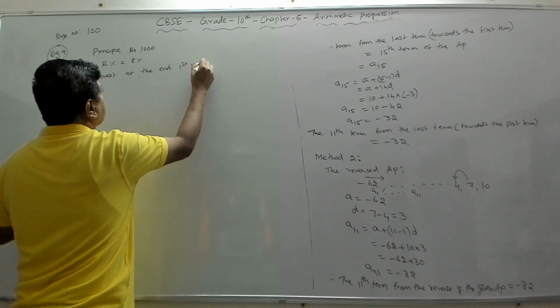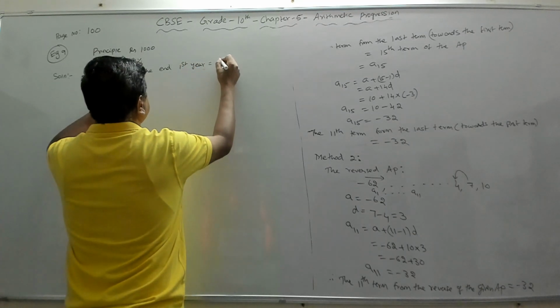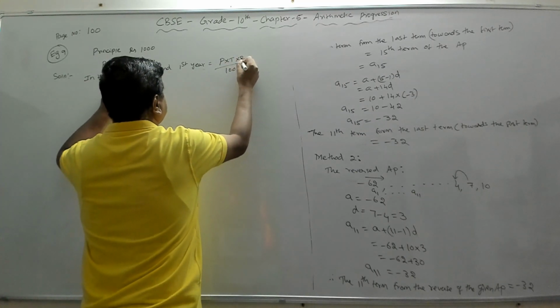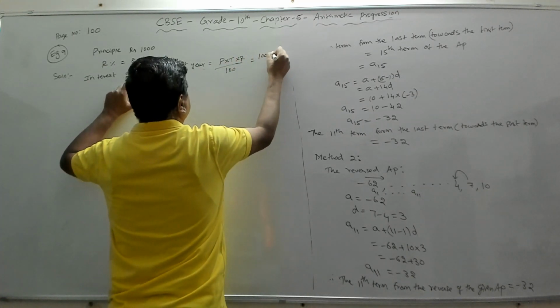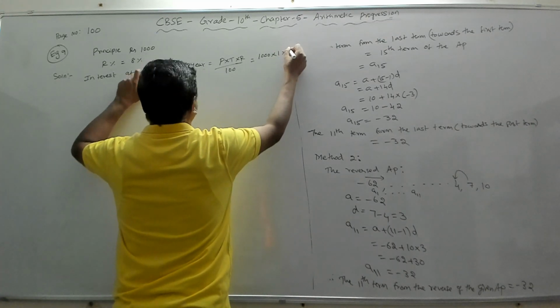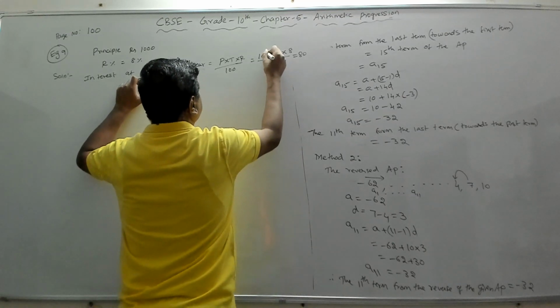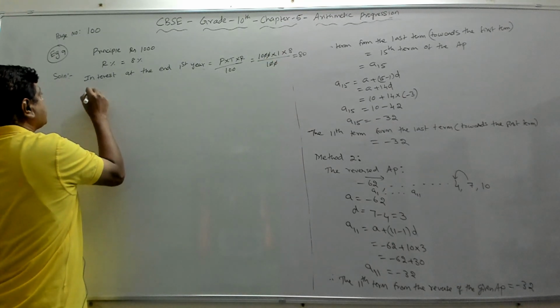First year will be what? That is PTR by 100. That is the formula. Simple interest. So P is 1000 into time is 1 year, rate of interest is 8 by 100. So if you do this, you'll get 80. 1 2 1 2 gone. So interest